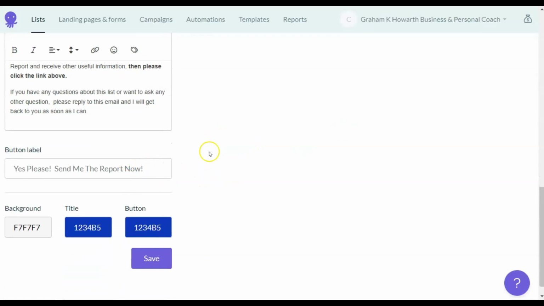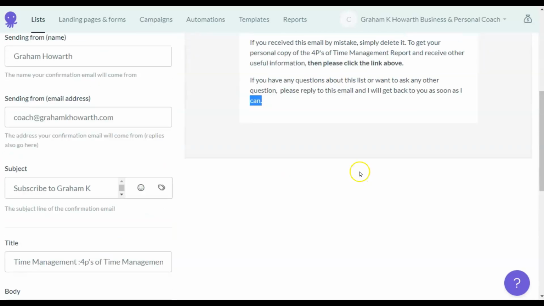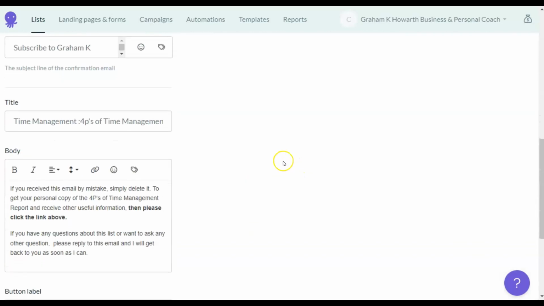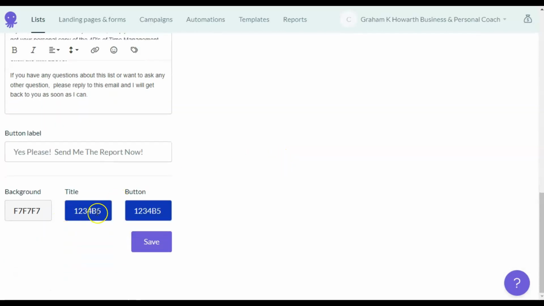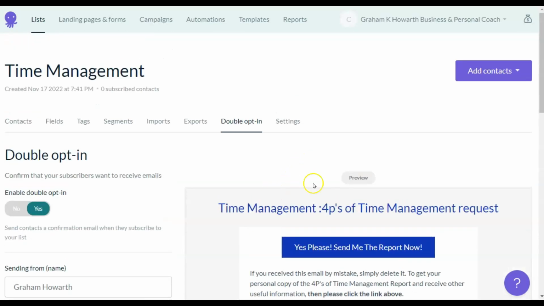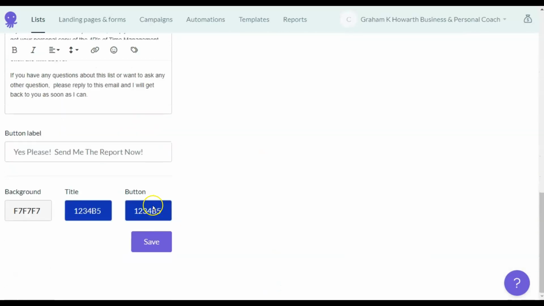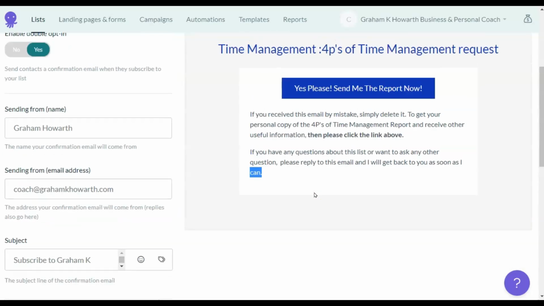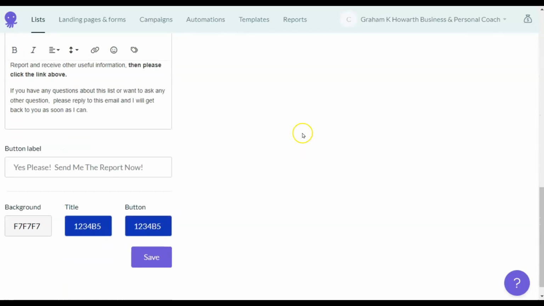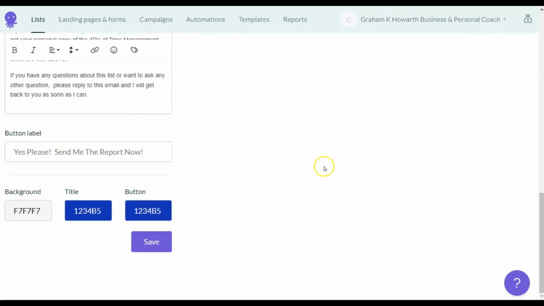Then we can control the label, and we can put what we want on the label in terms of text. You can set the colour of the title, and I've used my corporate blue colours to do that. I can set the colour of the button, which we've set to blue as well, and the text defaults to white.